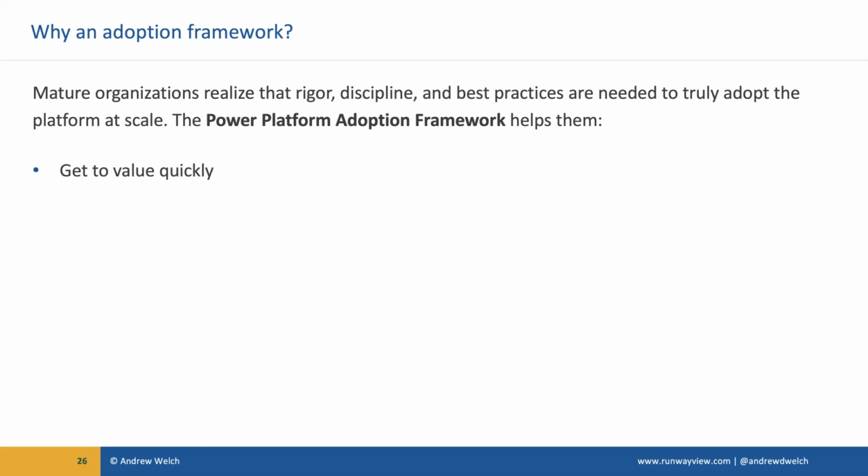So we created the framework to help organizations get to value quickly. The days of software development projects spending 6 months to generate a bunch of documents are over. If you can't get your first solution, your first applications, built in a matter of weeks or less, you're actually doing it wrong.